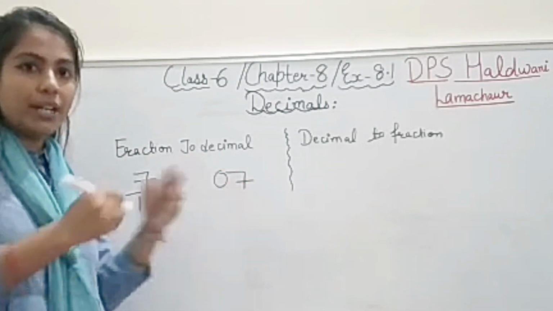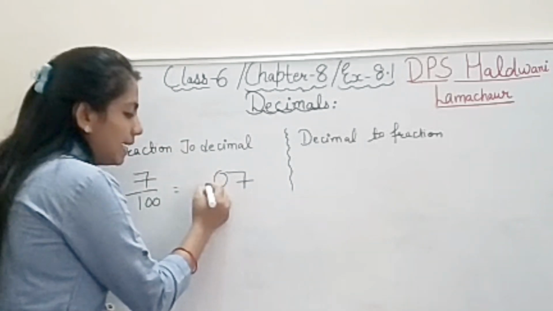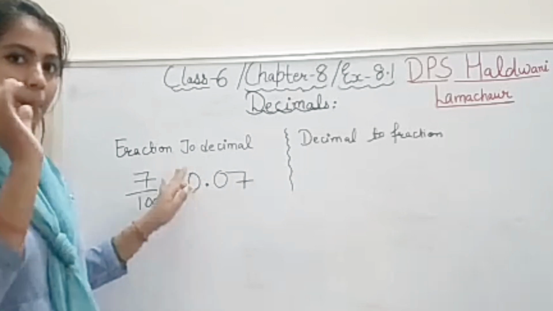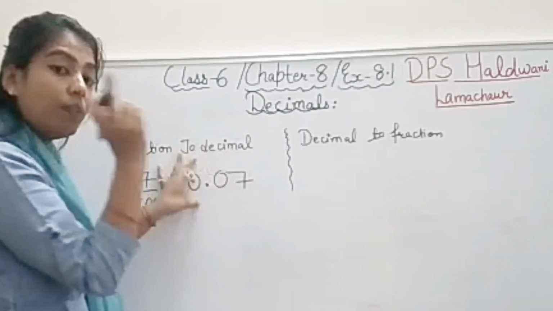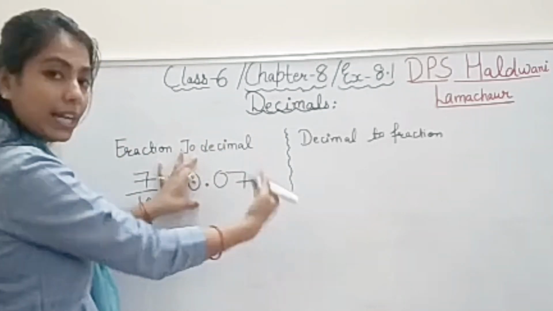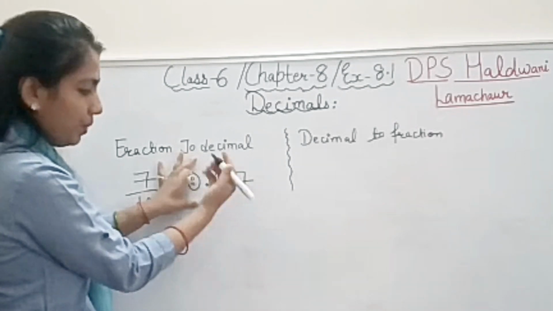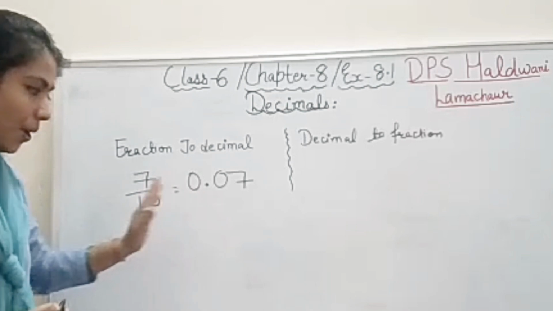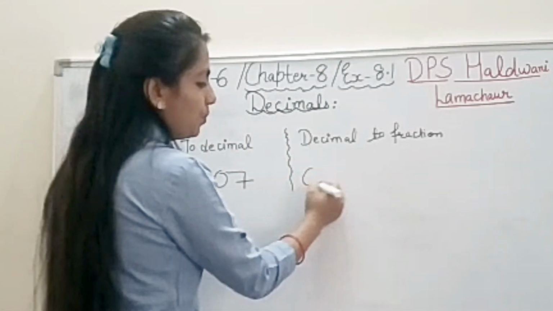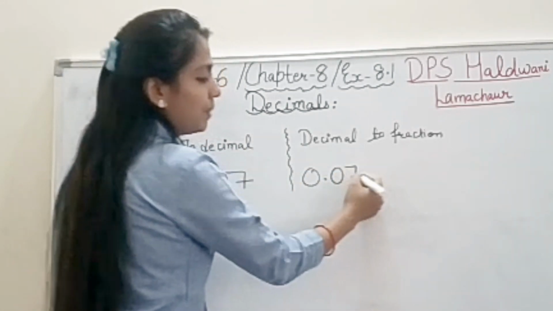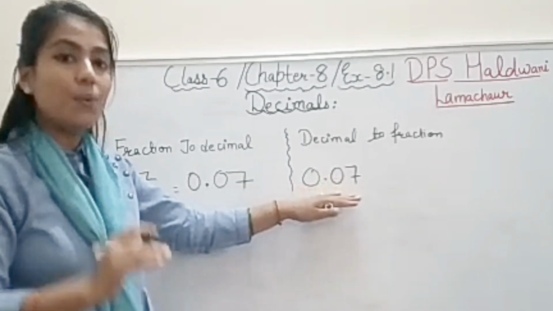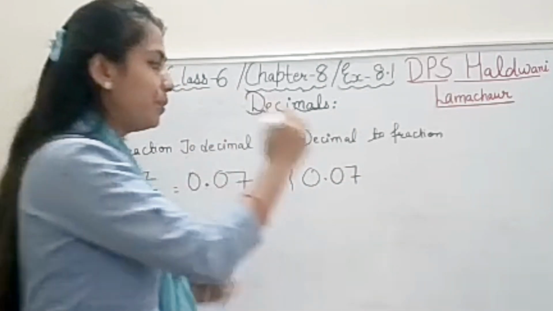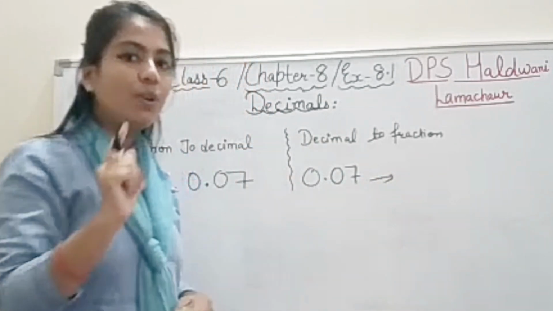So we got 2 digits, and after 2 digits you put a decimal. Here you may write 0 or not, your choice, but the decimal should be there, and always count from the right hand side. This is your right hand side, okay? So after 2 digits put a decimal, the value will be this only, right? In the same manner, if the question you have is a decimal, see students, now vice versa, convert it into a fraction. Now how to do it?